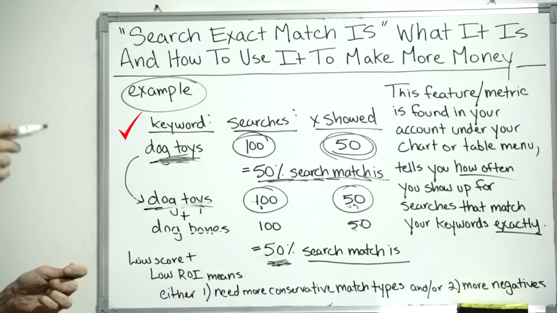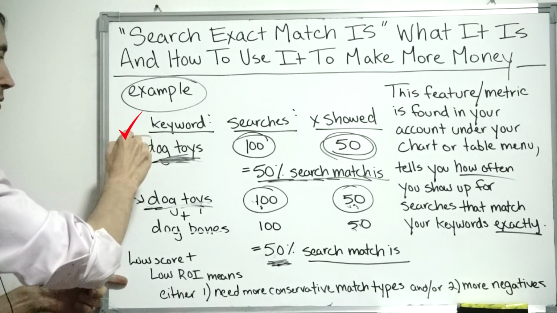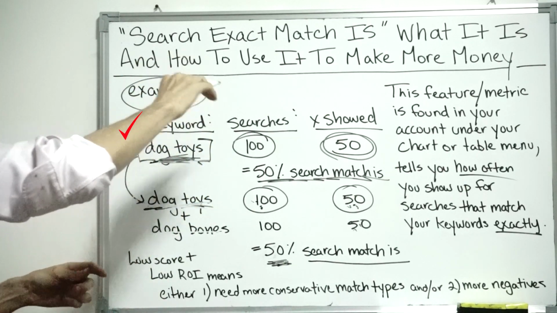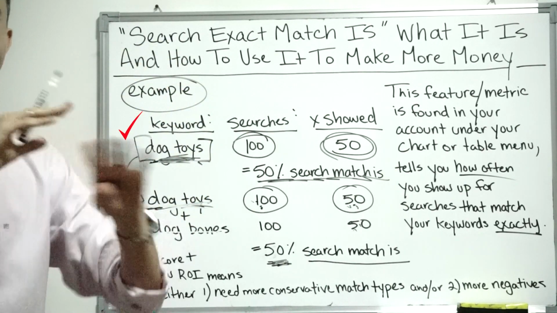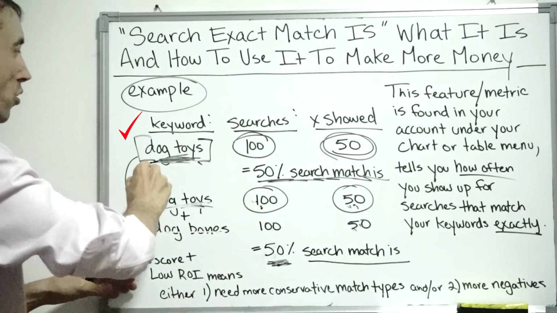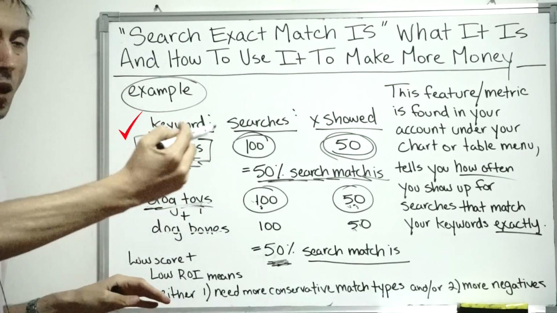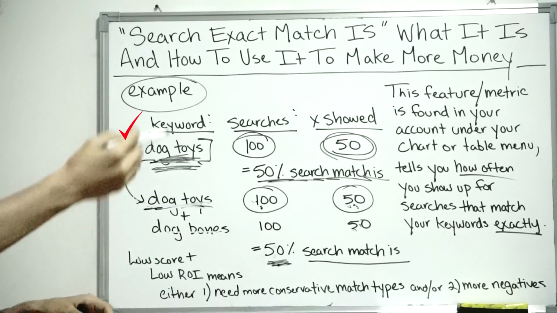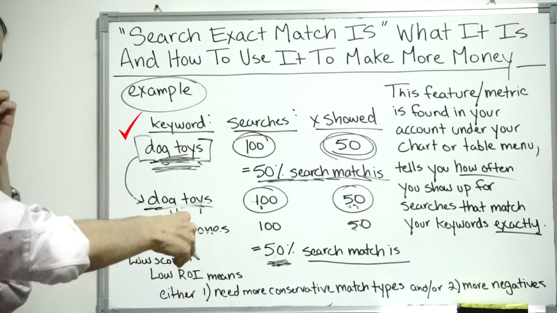if your keywords are an exact match, like when you have brackets around it, your search exact match score is always going to be 100%. Why? Because you're only showing up, for the most part, practically speaking, for dog toys if you bid on dog toys. Therefore,